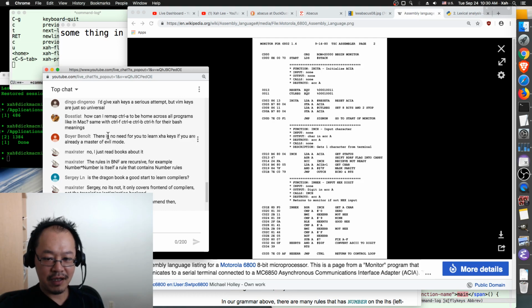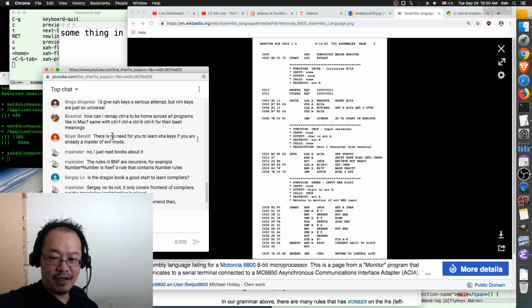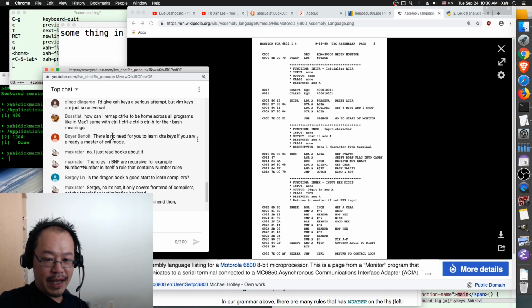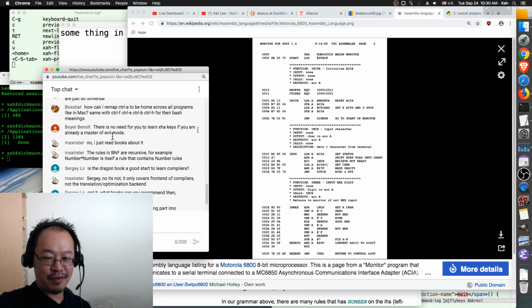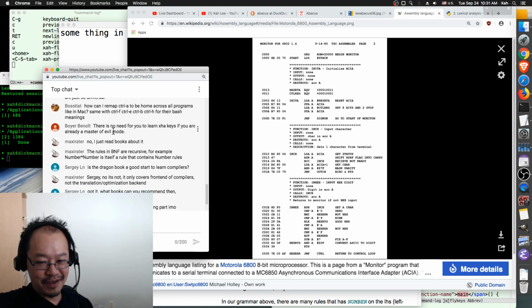So Boyer says there's no need for you to learn stuff like keys if you are already a master of evil mod. Yeah, but if you really, really want to be more efficient, then you might try stuff like